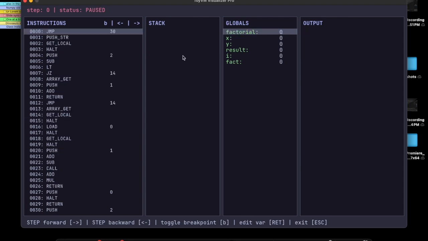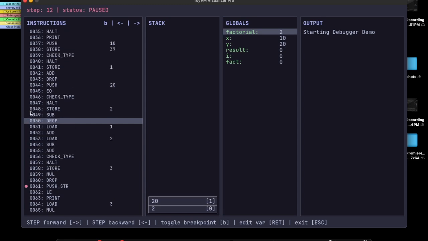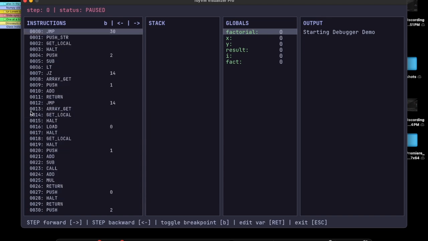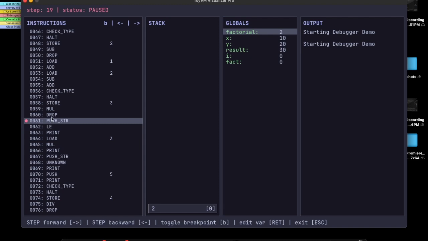Another really cool feature is that, for example, whenever I press the space bar, it iterates through the code like so. When I press the key B, it creates a breakpoint over here. After that, I'm going backward in my code using the left arrow key, and once I press the spacebar again, it actually breaks at the breakpoint and stops here. This is extremely useful for debugging.